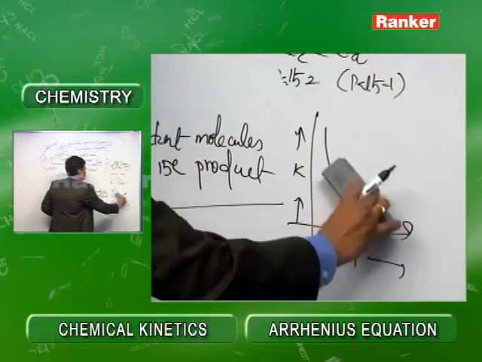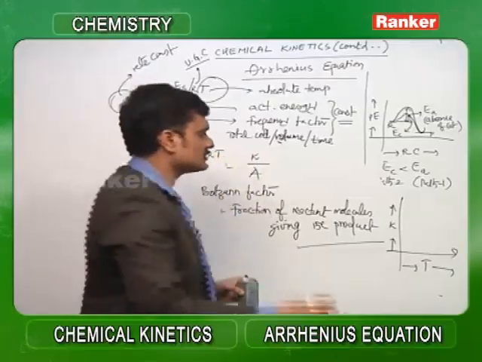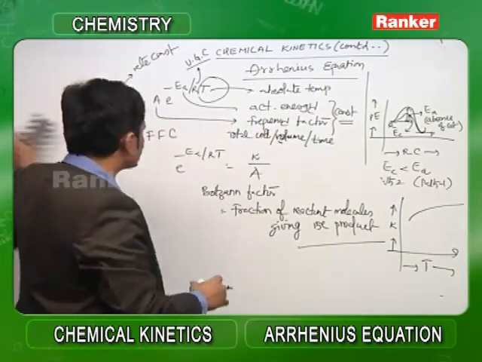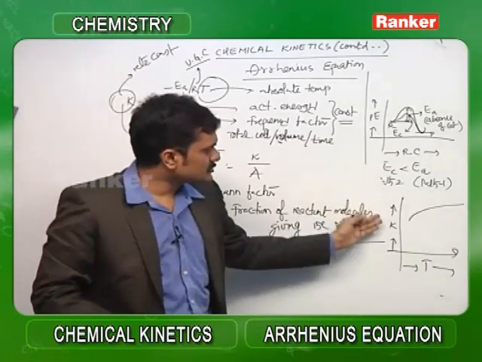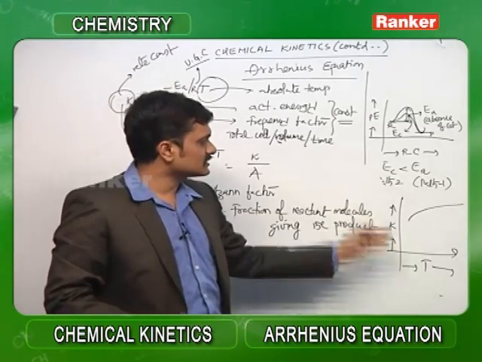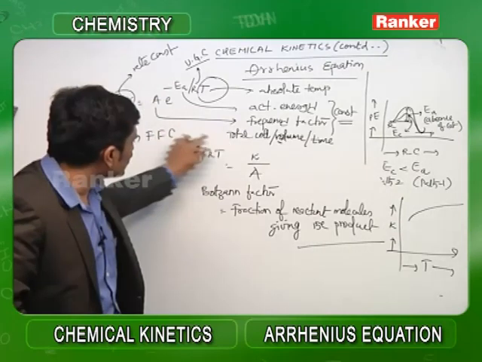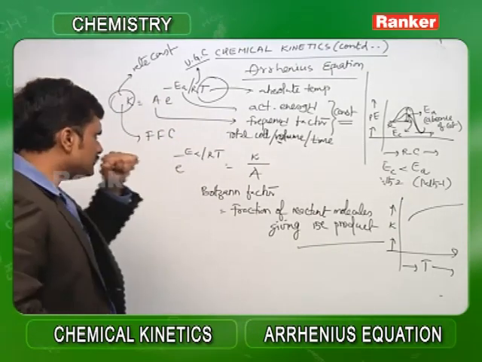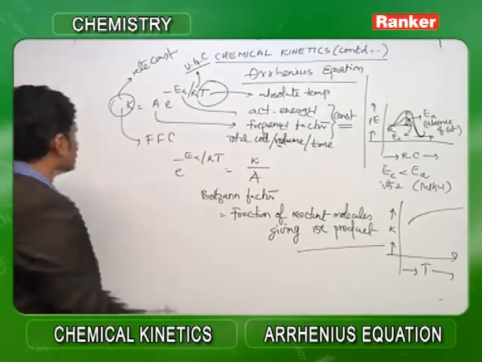Remember, my dear students, that there is obviously an increase in the value of this K when temperature is increased, and we can obtain the slope by virtue of the differentiation of this one. dK by dT will give you the slope. So here the slope will help you to find the value of this Boltzmann factor sometimes. So here this equation, whatever you have taken, is applicable